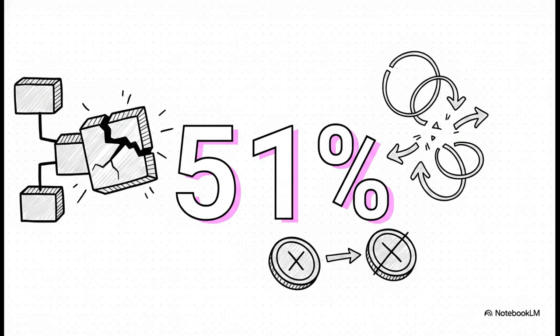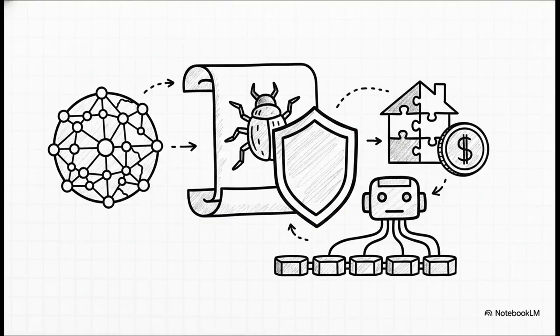Now, while executing a 51% attack on a massive chain like Bitcoin is incredibly difficult and wildly expensive, it absolutely remains a known fundamental vulnerability. Beyond that, as we move into the wild frontier of Web3, we face other hurdles. Code vulnerabilities like smart contract bugs remain a constant threat to user funds. But the upside is just immense.